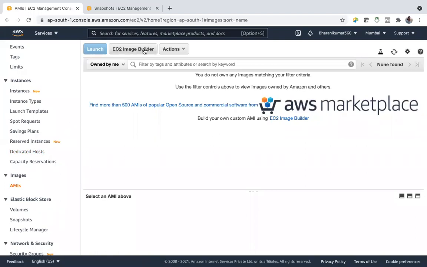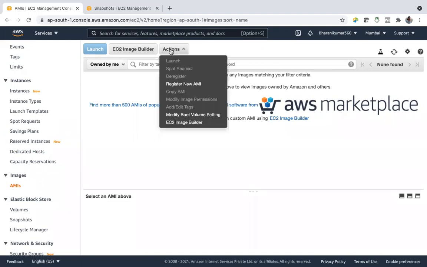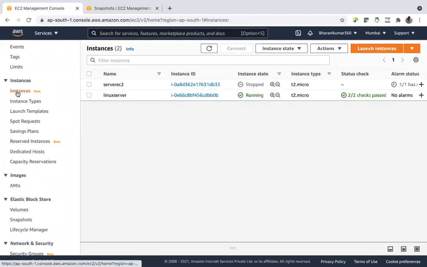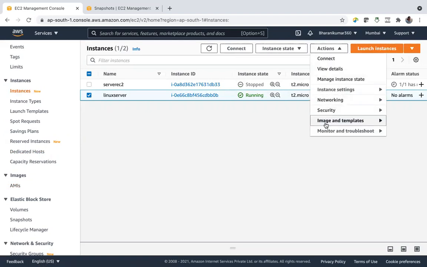You can create your own image also. No, there is register new AMI. Here it is. From here, you can register a new AMI, or you can go to instance, select the instance, and actions. You have image and templates here, right? Go here and create image. You can also do this, or directly go to AMI and register new AMI.